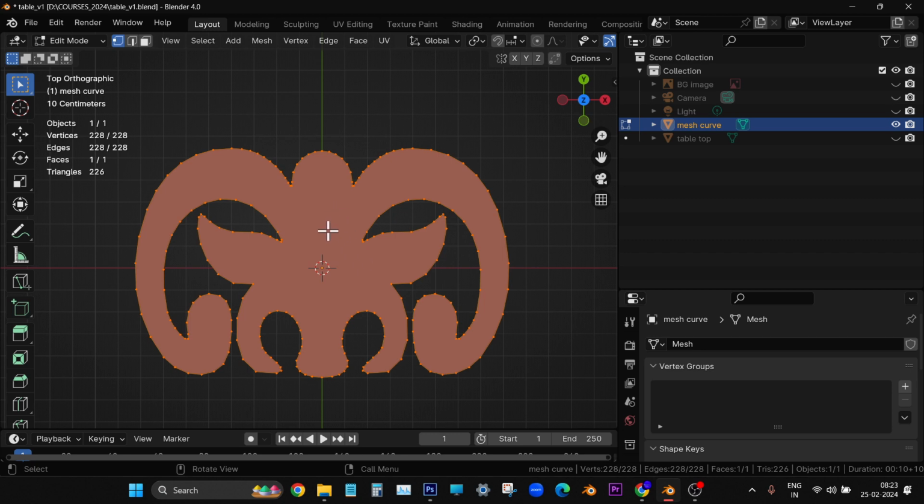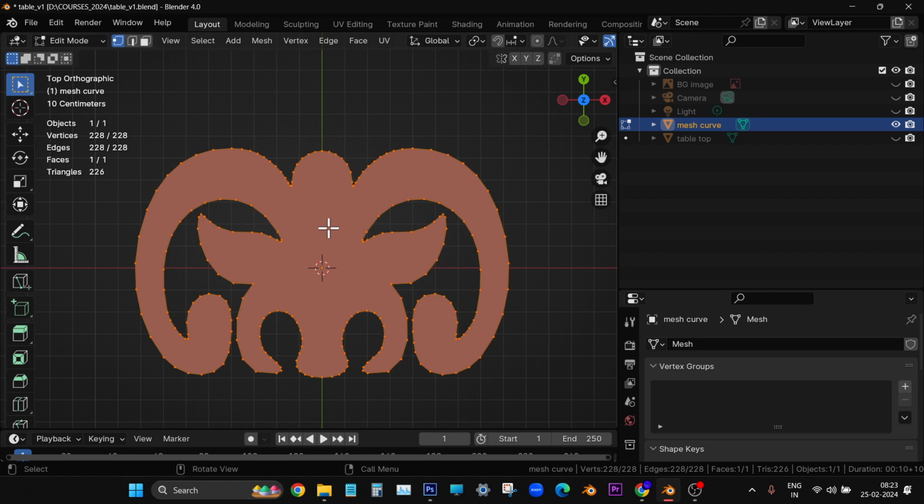instead of doing a boolean operation, I'm choosing this way of operation to create a design. That is, neatly creating the design without much problem in the future, so that when we are doing beveling it won't create any problem. That is why we are using this method. It will be nice and smooth, and it will reflect nicely when light is cast upon the table or on the design. For that sake only we are carefully